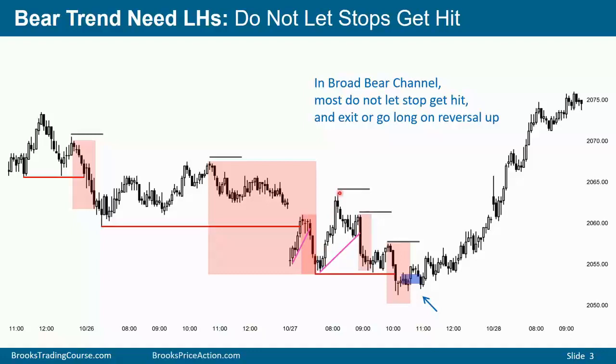However, this is a very strong minor reversal up, and therefore traders will pay attention to the next reversal up, because after a very strong minor reversal, the next reversal is often major, and especially if there are other reasons to buy. Here we have a microdouble bottom and a nested wedge. 3 reversals up, 1, 2, 3, and then 1, 2, 3.